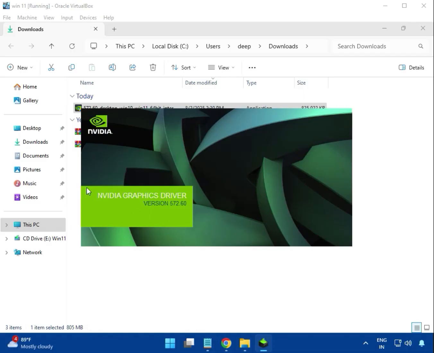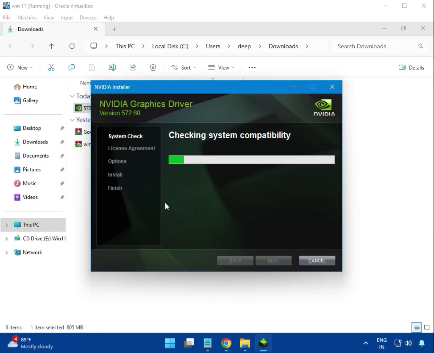After that you can see, okay, now it is checking the connectivity and then next to install, next and then restart